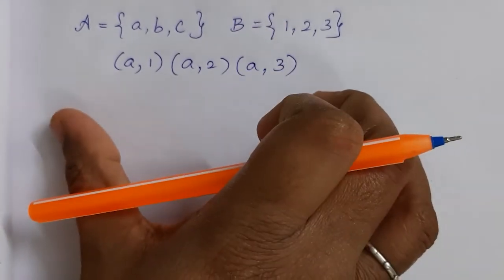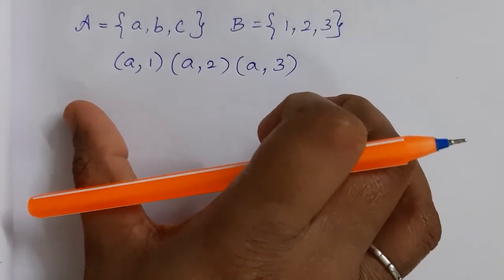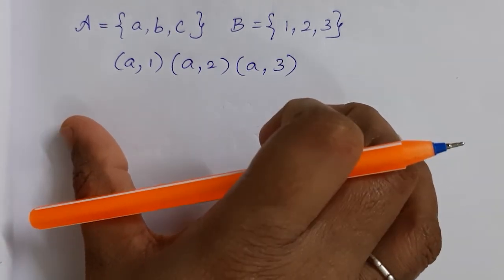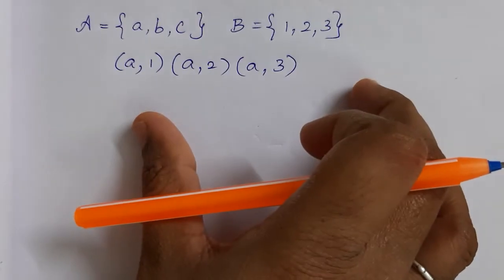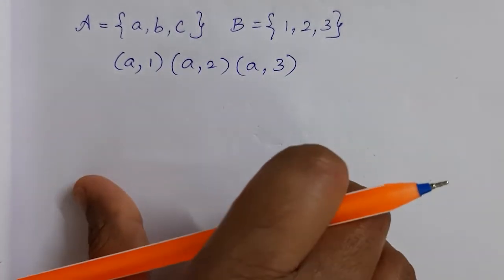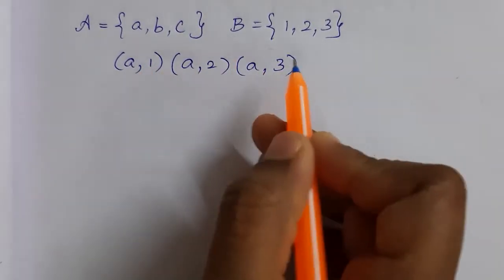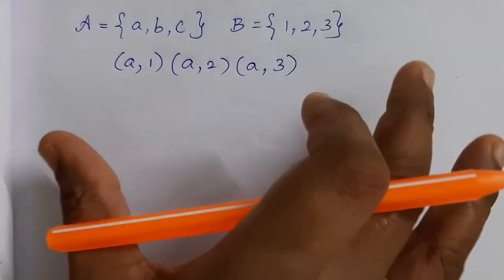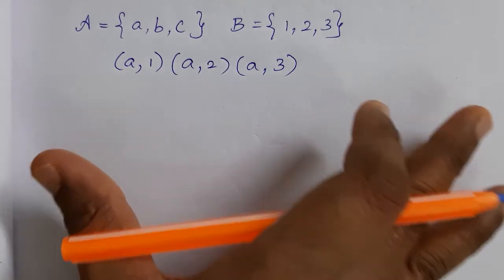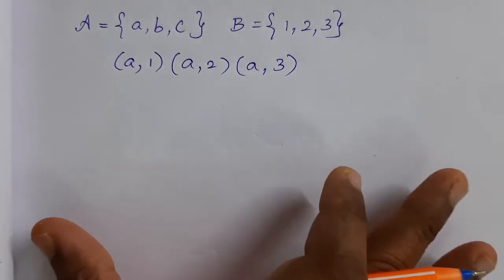In this topic, relations, the first thing that you have to know is the Cartesian product. With the help of ordered pairs, that is, when you list out the elements like this in ordered pairs, this is called the Cartesian product. That is taking two sets and writing the elements of those two sets in ordered pairs. When you list out all the elements like this in ordered pairs, it is called the Cartesian product.